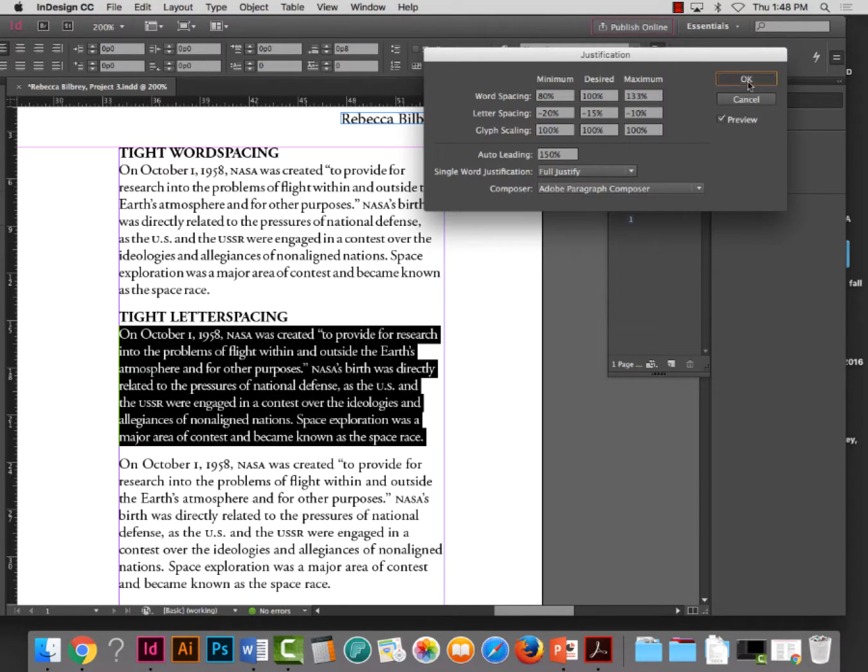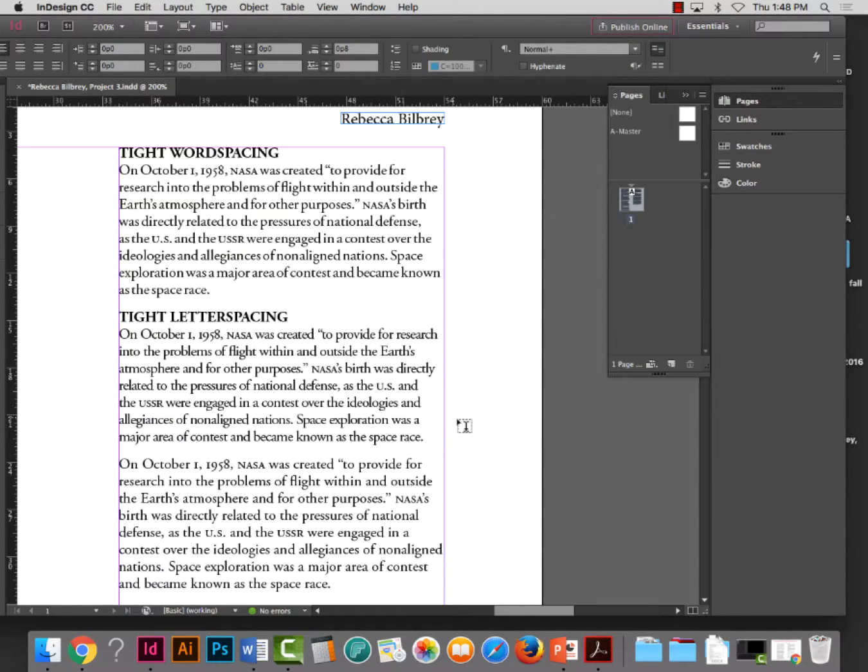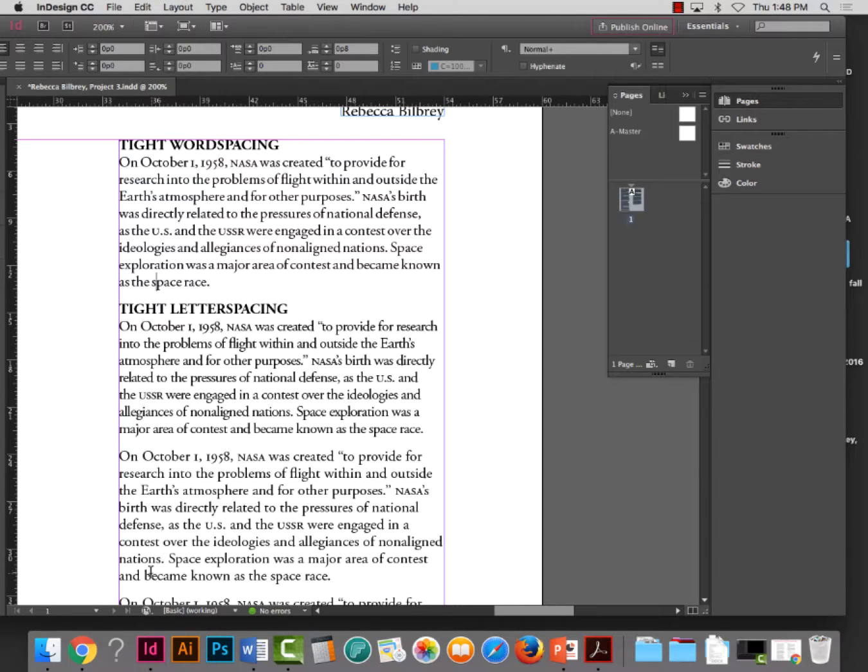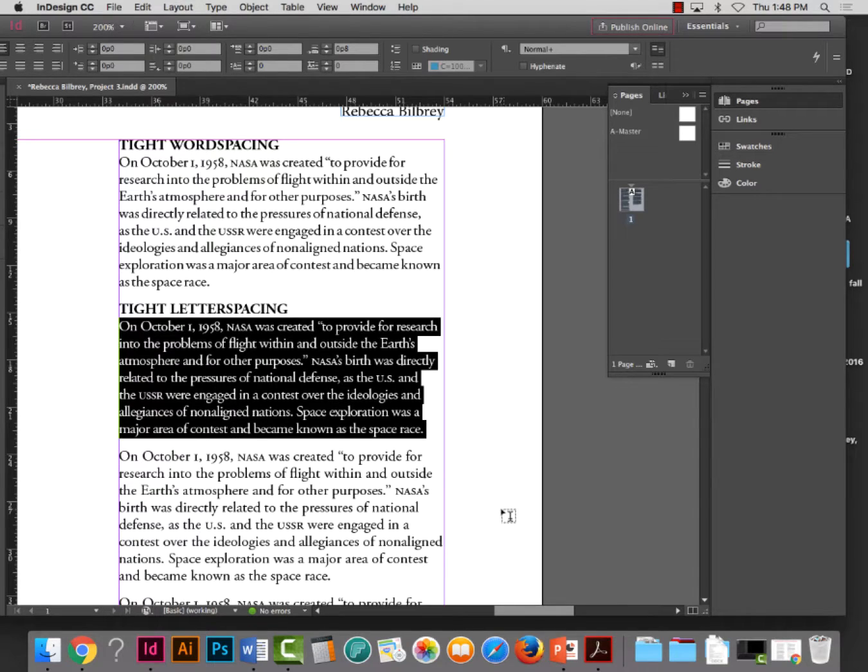This isn't too bad. But look, I just killed one whole line of type. As the space race, it was hanging out there, the original had and become known as a space race. It was one whole line all in of itself. And this was 8 lines of type in the original paragraph. Now I'm down to 7, and it says the same thing. So if, again, you are dealing with something that needs to be brought up there and tightened up, you might